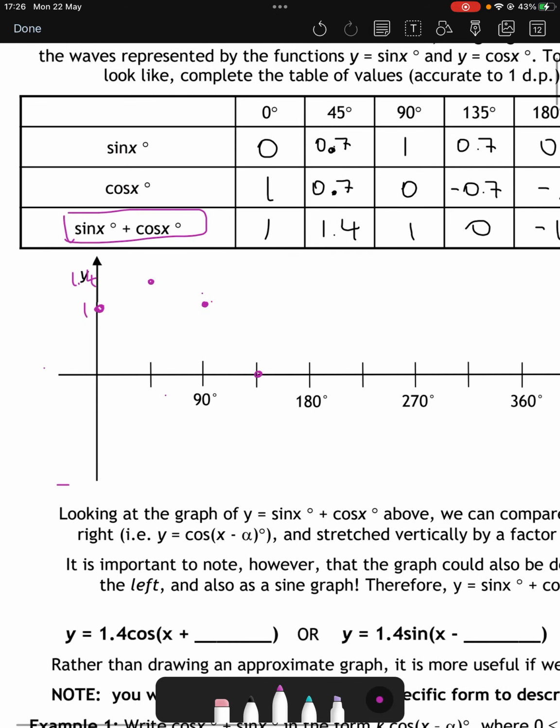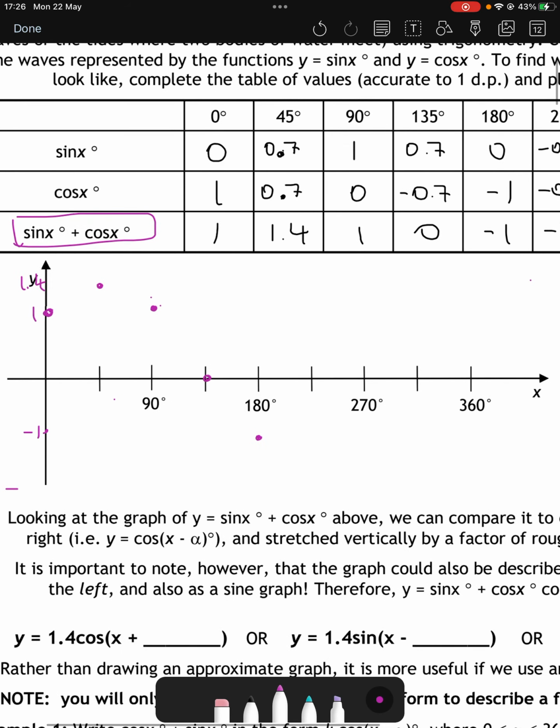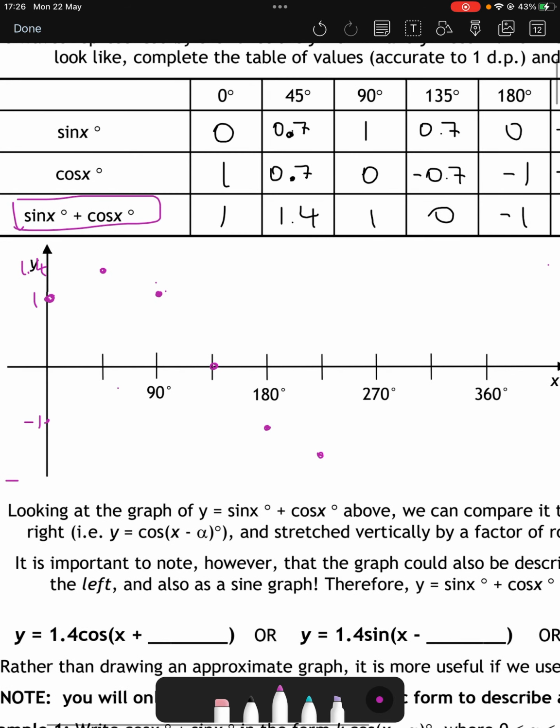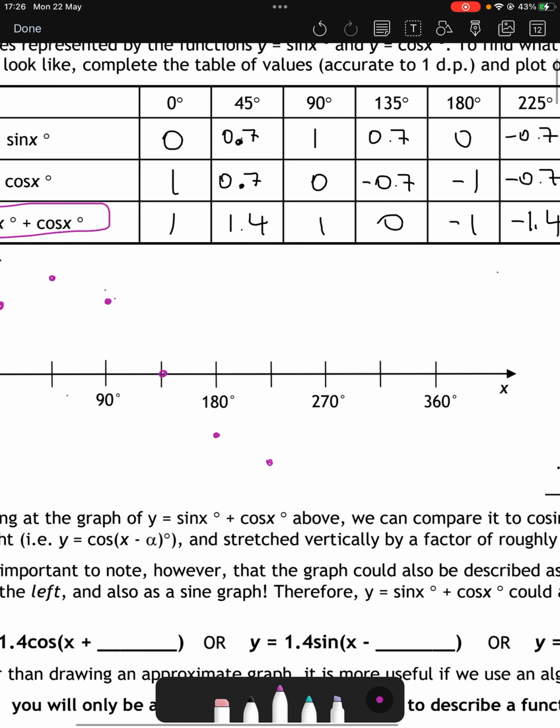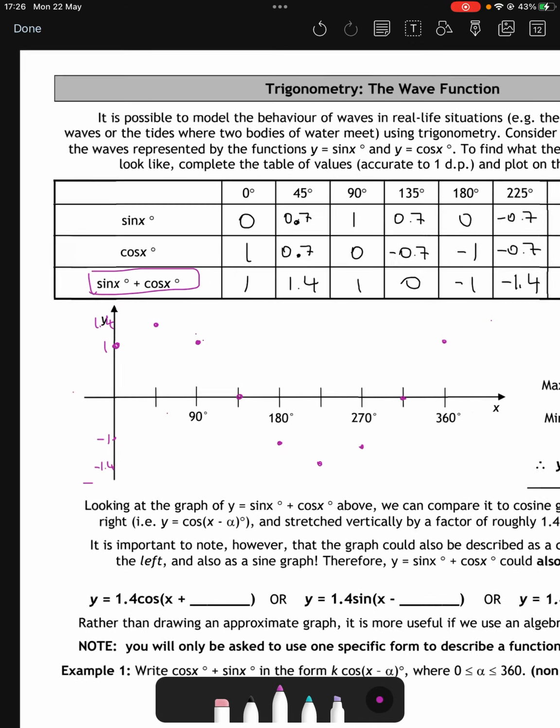Then it goes to negative 1, so I'm going to mark on where that's negative 1 there, so that's going to be there. Then it goes to negative 1.4 at our next one, which was 225. Okay, so that's in there. Then it goes back to negative 1 at 270, 0, and then back up to 1. And if we join this up,